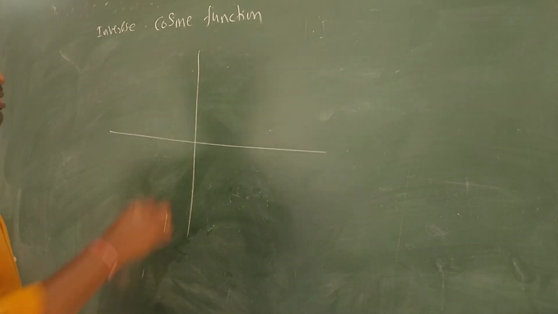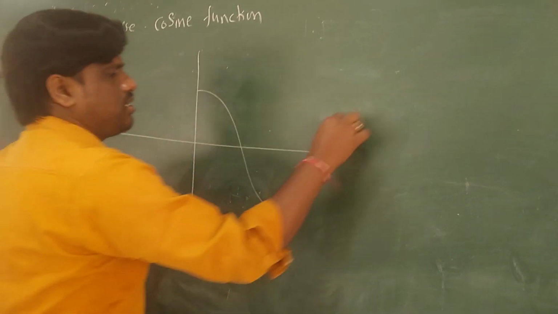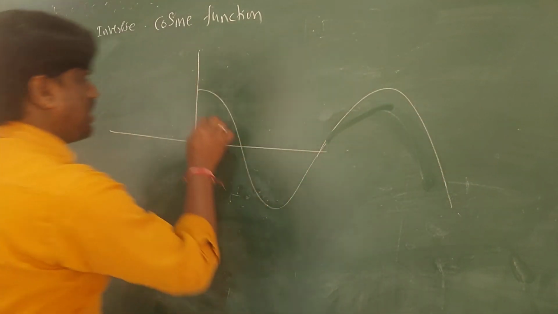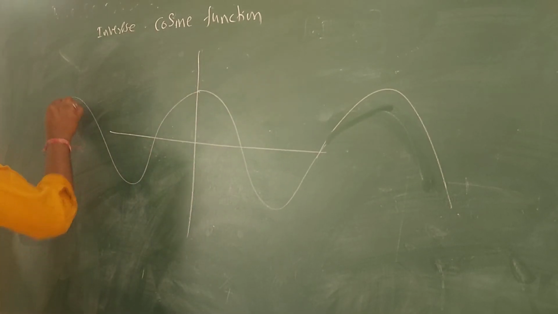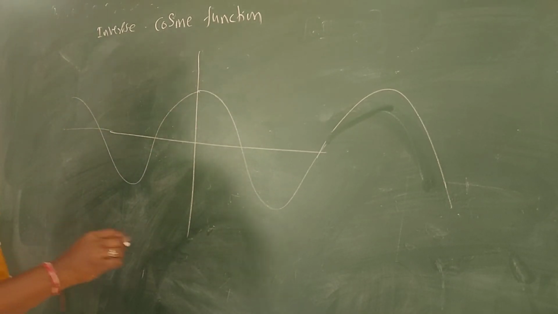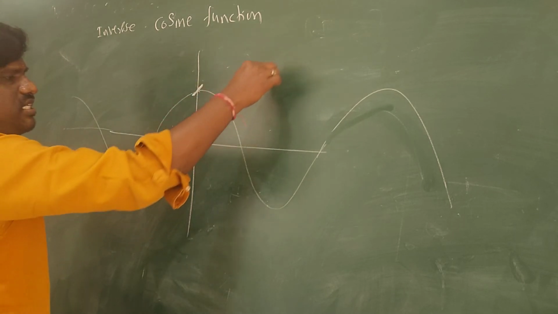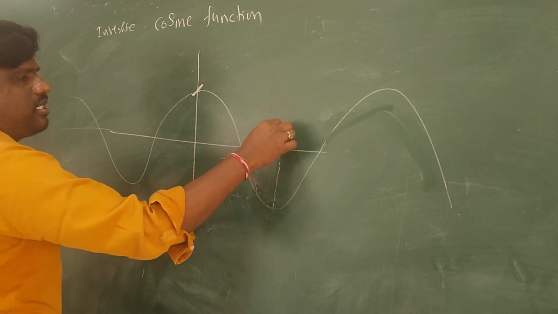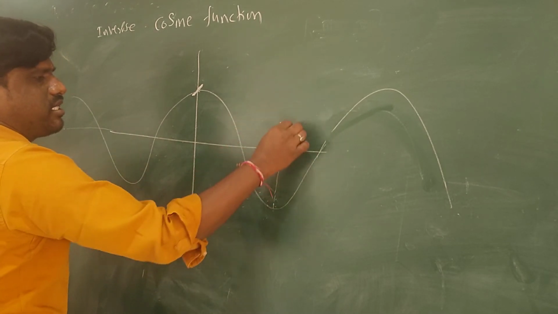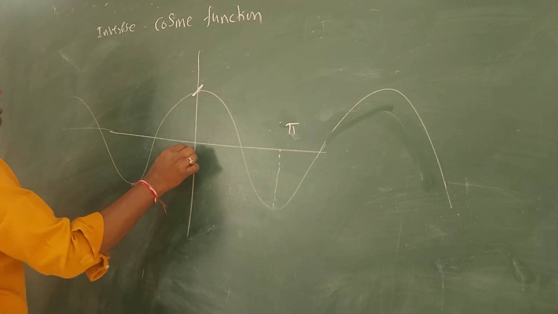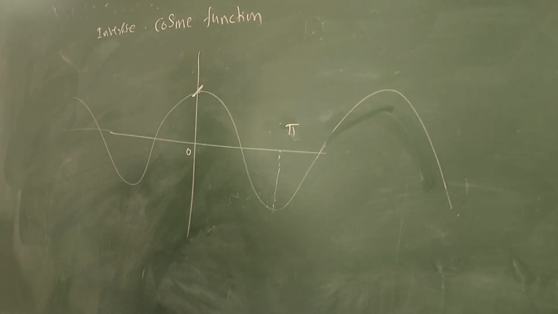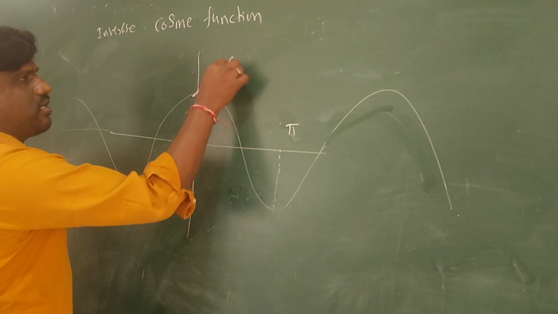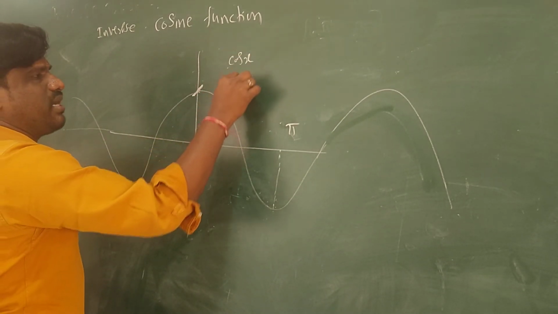Now the cos function. You know that the cos function graph will be like this, no? Just roughly I am drawing here to understand this. So here also, cos is not an invertible function. We will restrict it. Where to where we restrict? We restrict here to here. This point is pi by 2, this point is pi and this point is 0. So for cos to become invertible, we restrict the domain to 0 to pi. Cos x, we restrict the domain to 0 to pi.